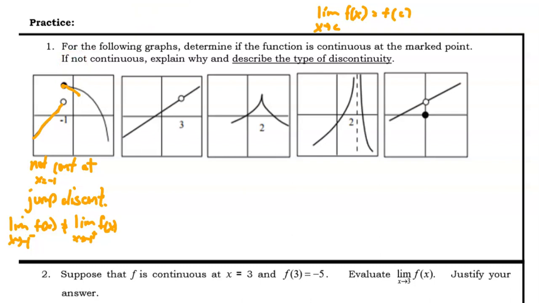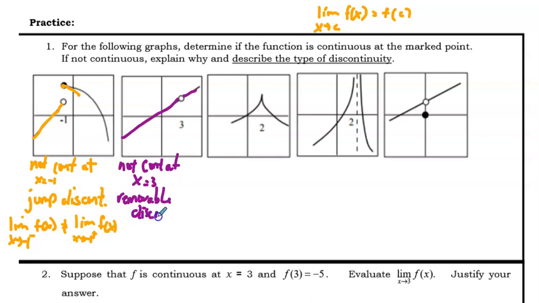If I look at example number 2, again, I'm tracing, but oh wait, I have to fall in this hole, so I'm not continuous here either, because I can't trace over a hole. It's like you can't walk over a hole. So it's not continuous at x equals 3. And since this is a hole, we know that this is a removable